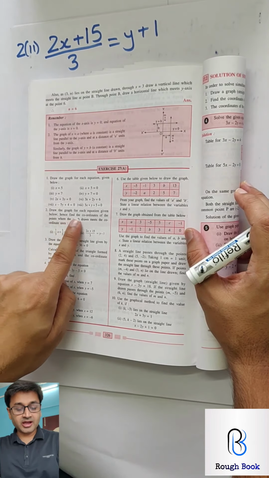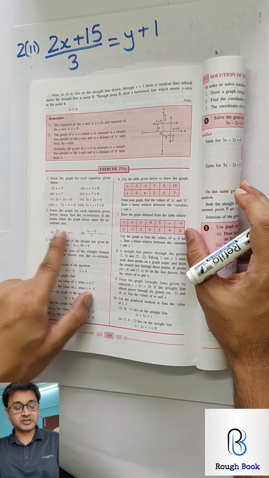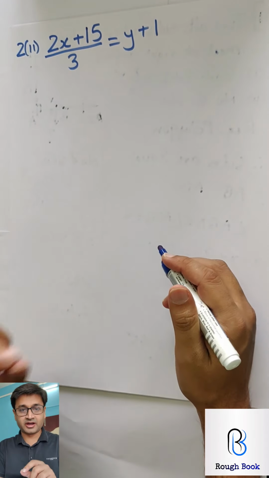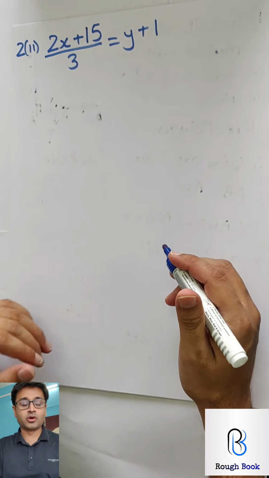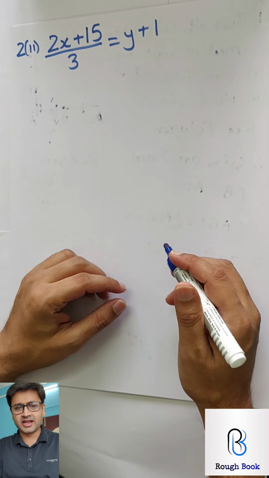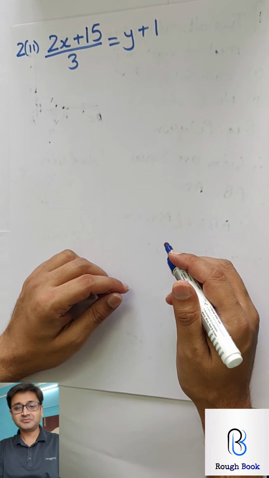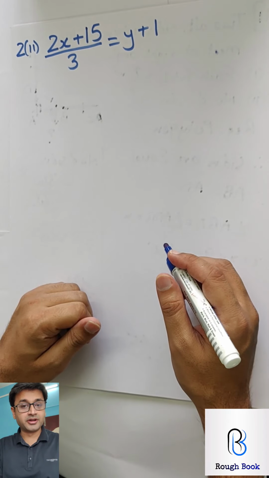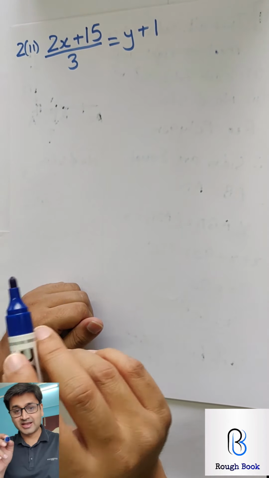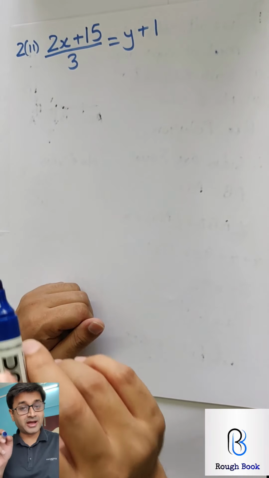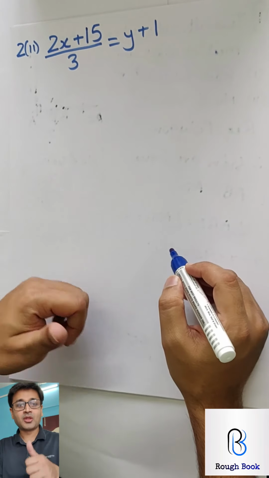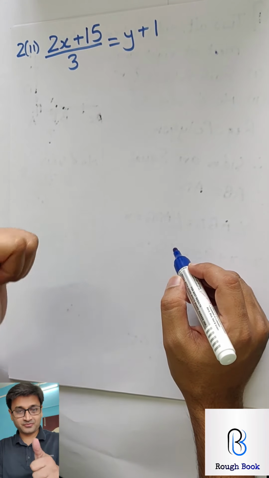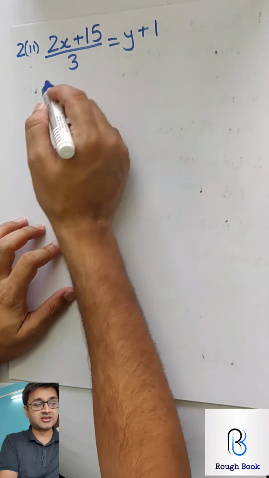It says find the coordinates of the point where the graph meets the coordinate axis. So it will meet the coordinate axis, as in x and y. Where is it hitting is what you have to find. Do you remember when it hits the y-axis, what do we call it? Good. It's called the y-coordinate or c. Do you remember y is equal to mx plus c? Slope and c, in the last exercise we did of coordinate geometry. Great. So come on, let's first get this on the graph sheet.